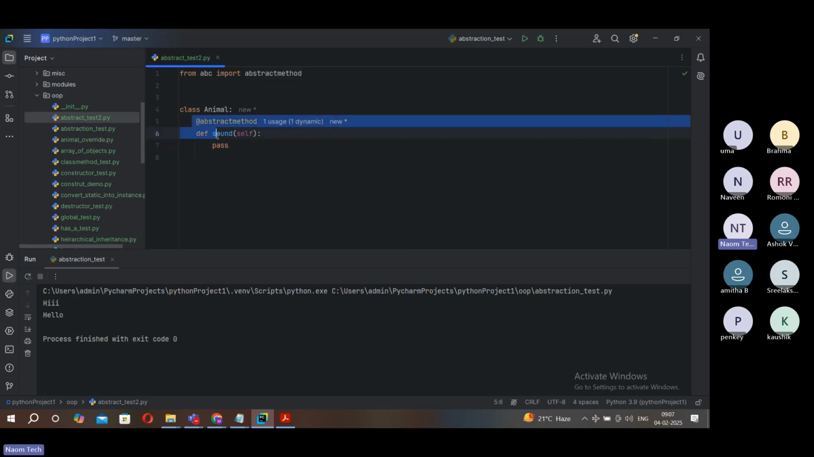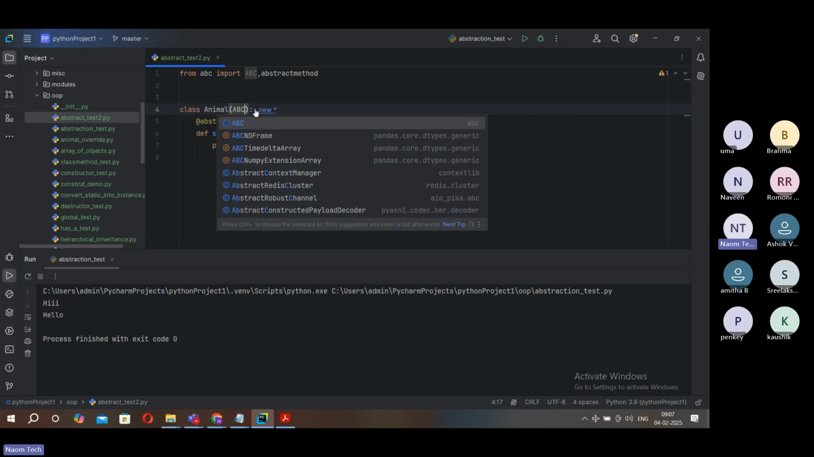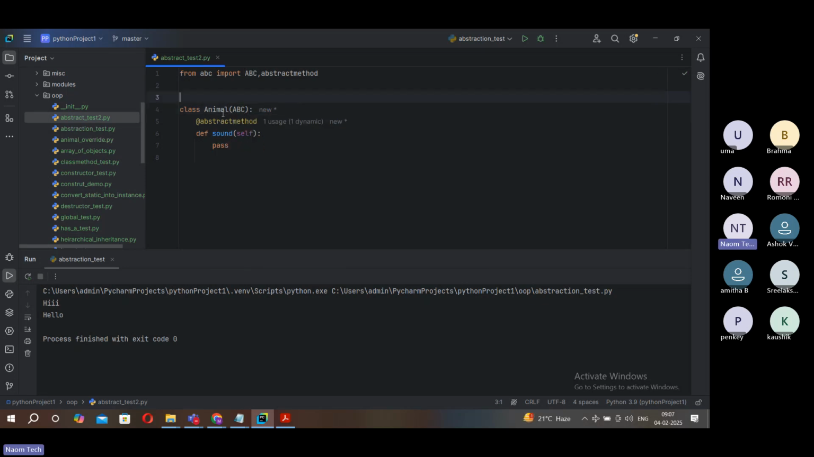Now we have abstract method in a class, but is this class abstract? No. Then how can I make this class abstract? By using built-in class ABC, abstract base class. So how do I make animal abstract? So far, this is not abstract. So if I should make animal abstract, inherit it from ABC. Now animal becomes abstract, and inside abstract class, you can have abstract methods. If you want, you can add one concrete method, something like sleep, which is shown in the example